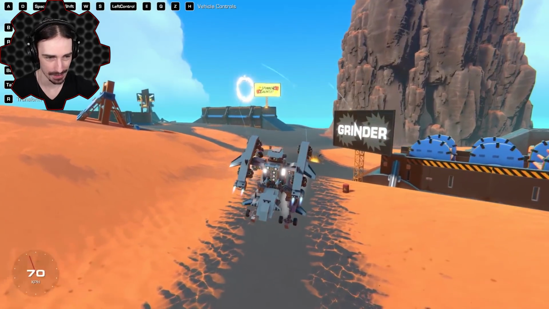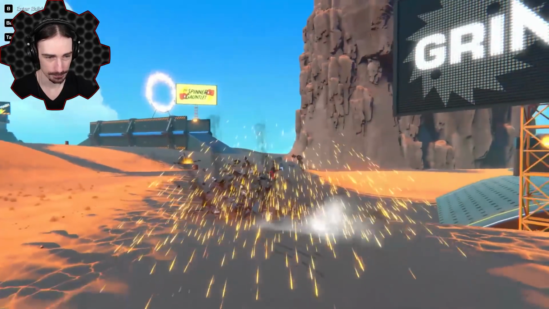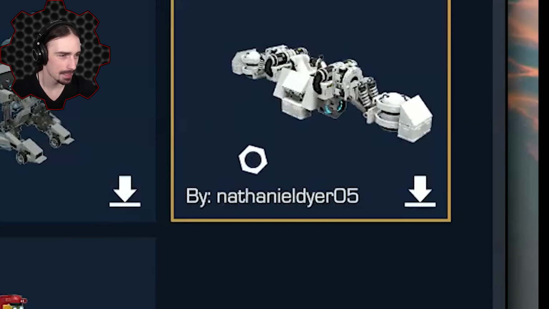This is the robotic sky police. Put your hands up. And in case you were wondering, yes, I can blow myself up. All right, moving on. Up next, we got Hoverbike 3000 by